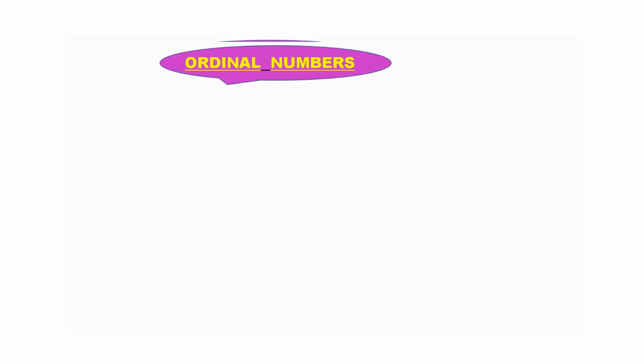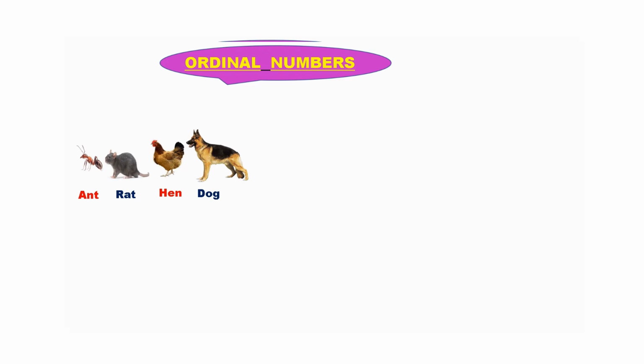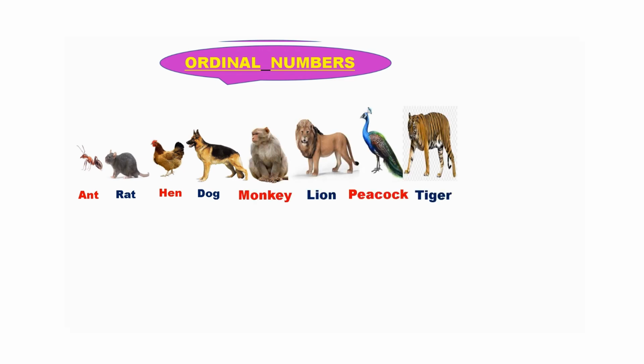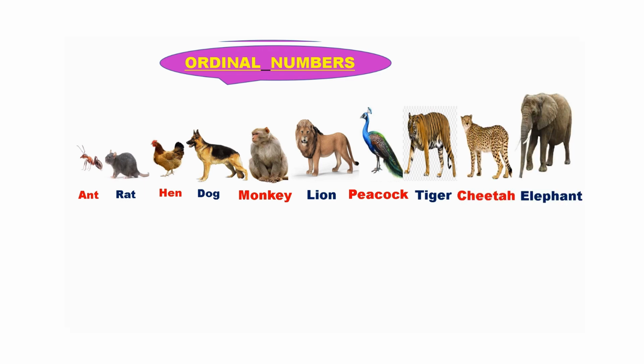Today we are learning ordinal numbers. Here we have ant, rat, hen, dog, monkey, lion, peacock, tiger, cheetah and elephant. These animals are in a line. And now